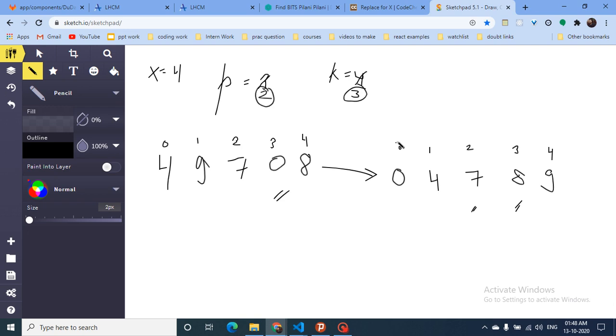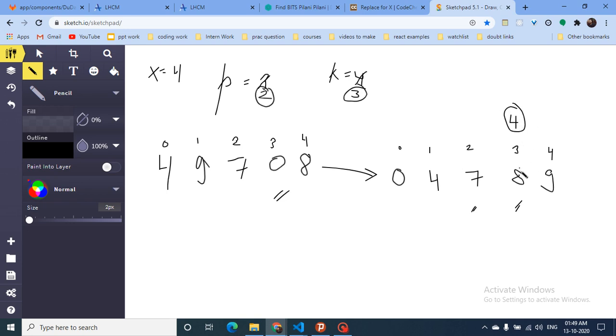Now let's assume that I'll change this number with 4, because my main goal is to get 4 only. Now if I replace it with this number, then what will happen? Actually reordering of this array will happen. Because at this position the third smallest number should be there, but this is not the third smallest number. This number should come here. So this number will shift to its new position. What will be its new position?